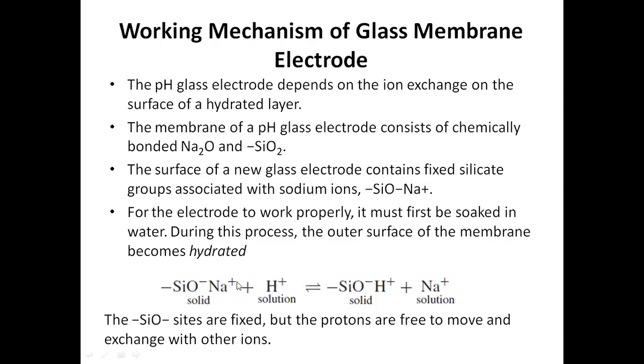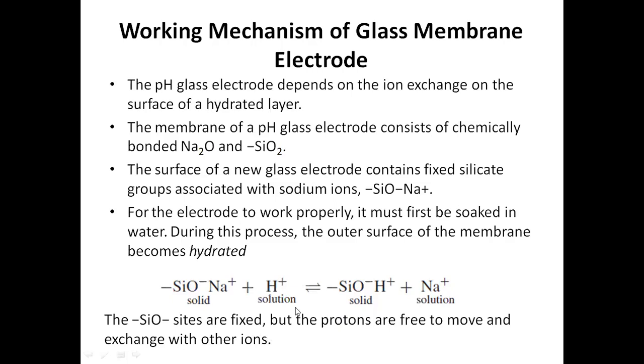So when we submerge this glass electrode into the water, initially we have to hydrate it. If we put it into the water, it will react with the H ion of the water, and the sodium and H plus ions exchange with each other, and this layer structure is formed on the outer side of the glass bulb, where H plus is our counter ion, which will be movable, which will be free, right? Like the SiO sites are fixed, but the protons are free to move and exchange with the other